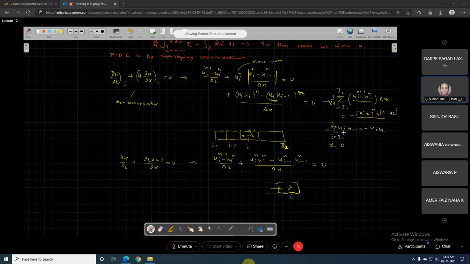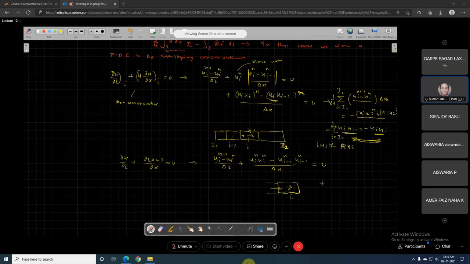So what do you see, that whatever is coming, that is not going. So there is no conservation. If this is 5, this should be negative 5. Then 5 minus 5 should be 0, so it shows the transportiveness. It should conserve. If this particular thing is 5, then the right hand side should show 5. But here the left hand side is not equal to the right hand side.